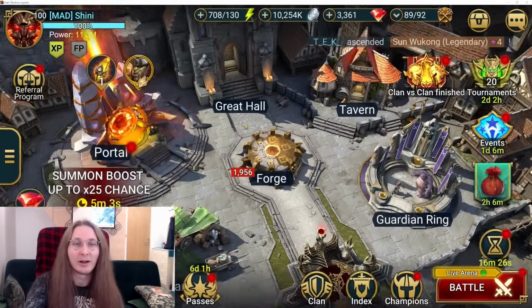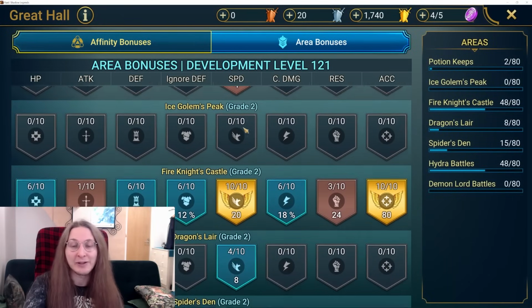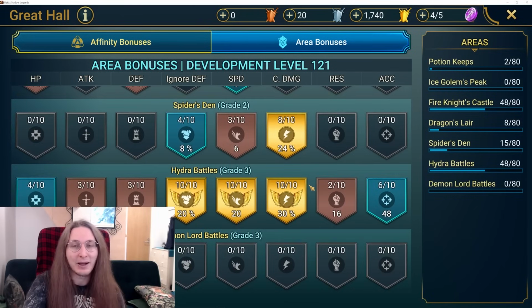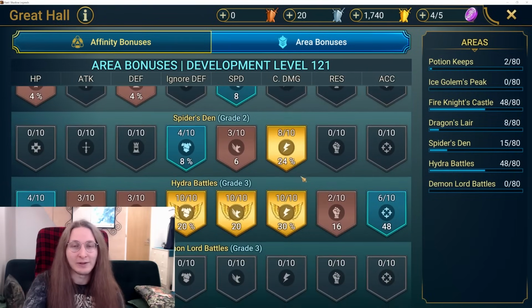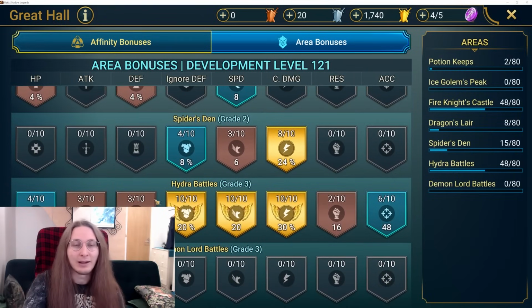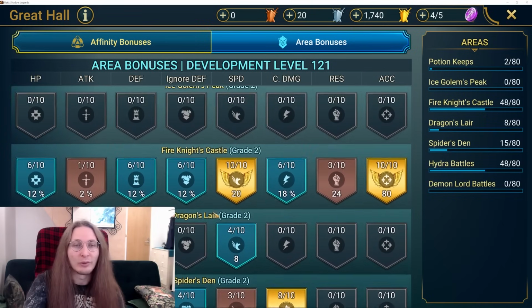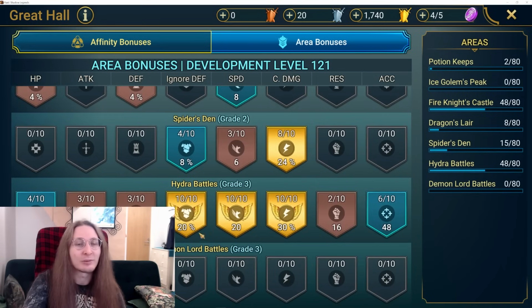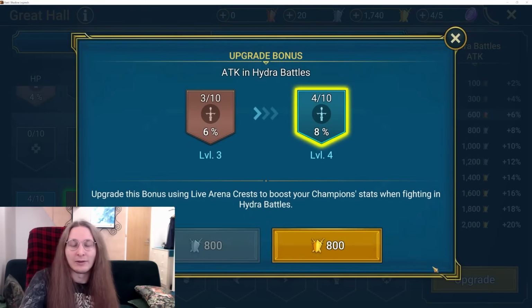Let's actually see how my live arena Great Hall looks like. It's definitely not the best one. I haven't been as active on it lately as I was in the past, but I pretty much got the most important stuff out of the way and even a little bit more than was needed, so there's no need for me to really increase it anymore. Even if it just stayed like this, that would be okay, but I guess the only thing that I really need to get now is